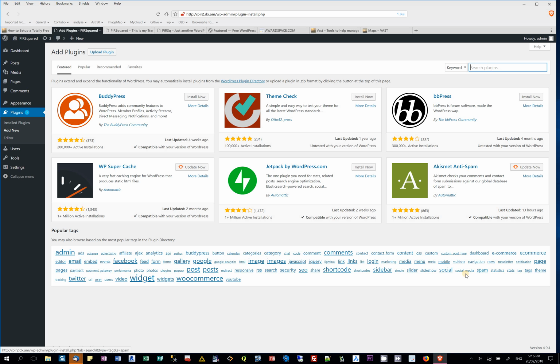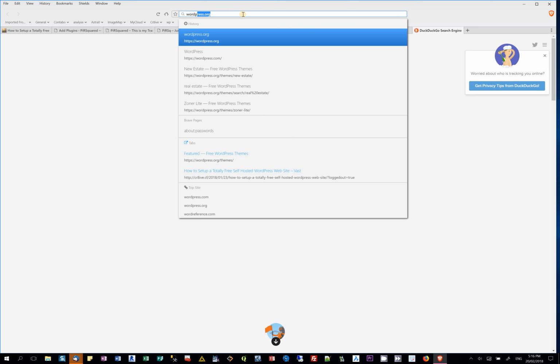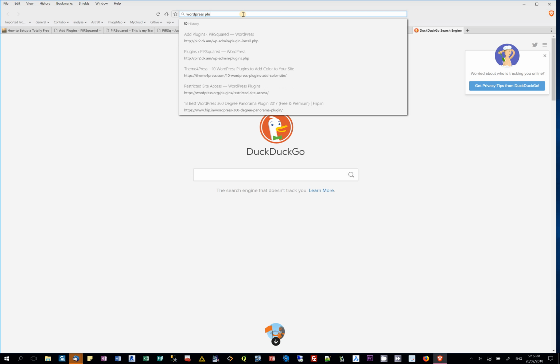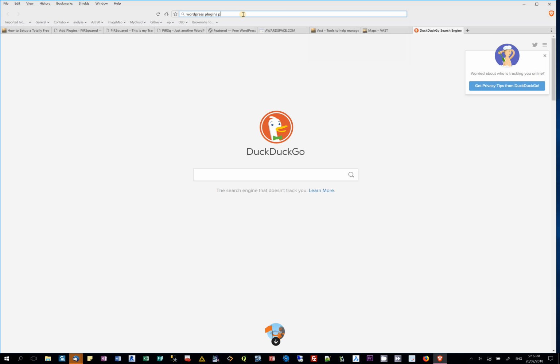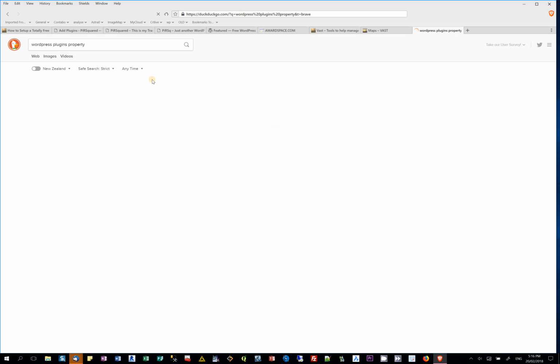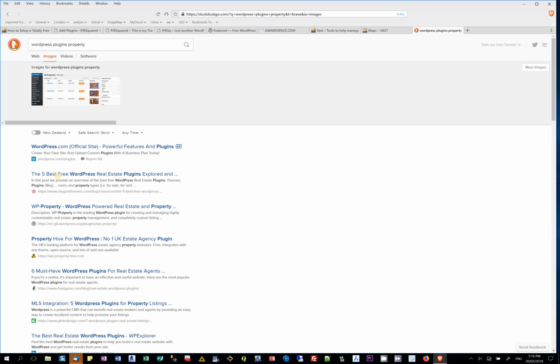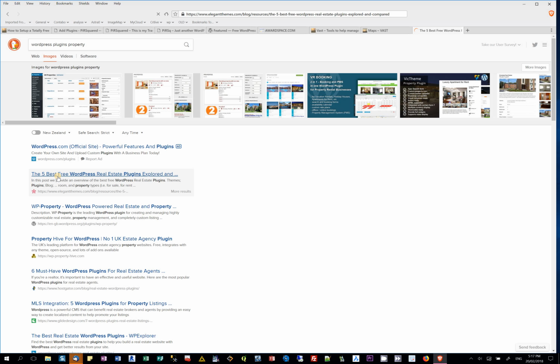Here's a whole lot of areas of what you've actually got. Social sidebars, short ones, sidebar, responsive, pages, you can start doing things, payments. There's a lot of these. I've actually never noticed that before. I always work from here. And what I tend to do is do a search on WordPress plugins, and then I type something like property, and you'll get the 5 best free